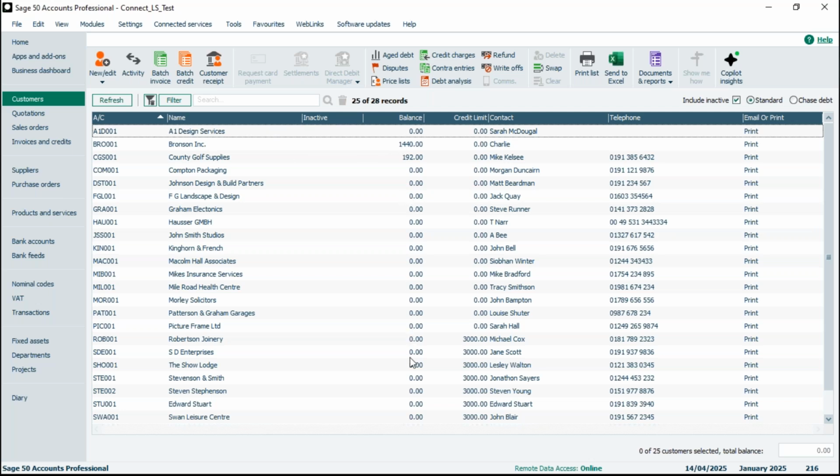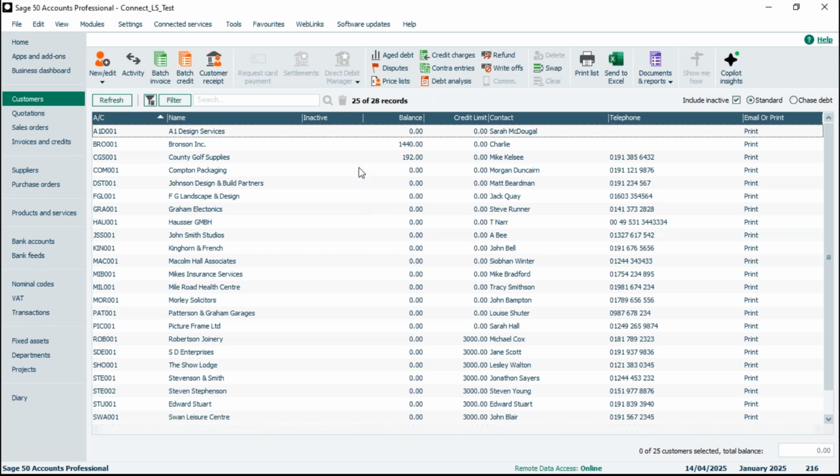So I've got a report here, for instance, or a list of customers, sorry, where we've got loads of zero balances. Now we might not want those to be included on a report. Maybe we just want a list of customers that have a balance. So you can apply basic filters. If you've never used filters before, do spend a little bit of time looking at that, because when I used to work on the support line, you get loads of queries about reports and trying to narrow it down. It adds so much more flexibility to even the reports that you've got available. You're not designing a new report, you're just filtering it so only the information that you're after is included on